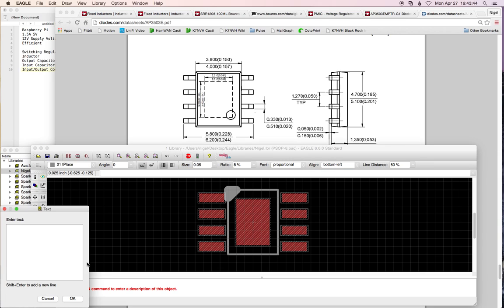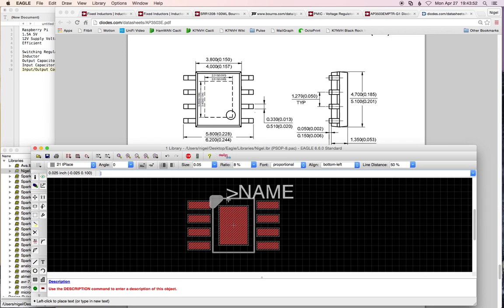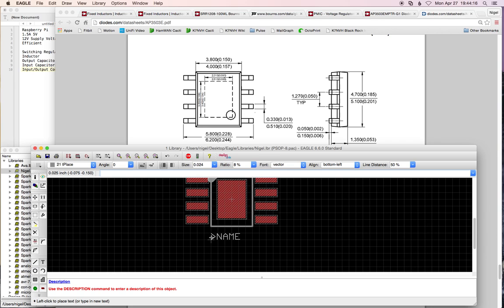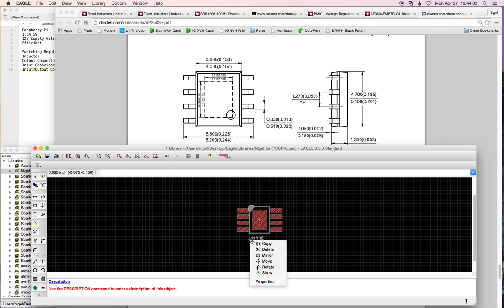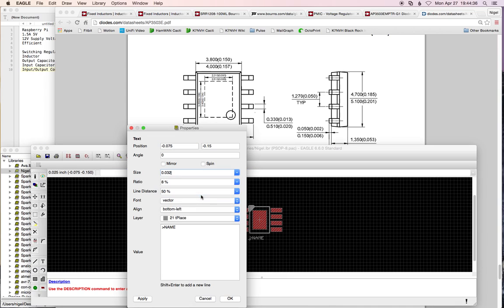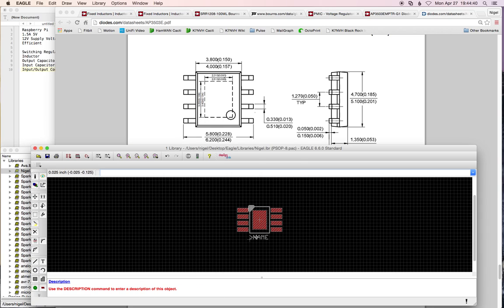And then again, I'll do a text input with the greater than name entry. And key thing here on making text come out the way it's supposed to look, i.e. the way it looks in Eagle, is instead of font proportional, make sure you choose a vector font. And then, I'll choose a smaller size to make it more reasonable. And so I'm going to call this right there. So that's going to do the same name, U number, when it gets added to the board. Actually, I may make that a little larger. Sometimes the really small stuff is kind of hard to read, and that's a nicer proportion towards the size of